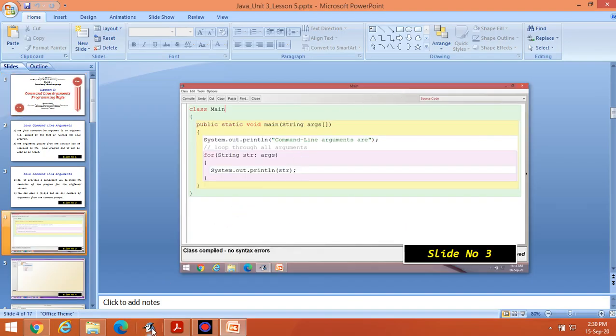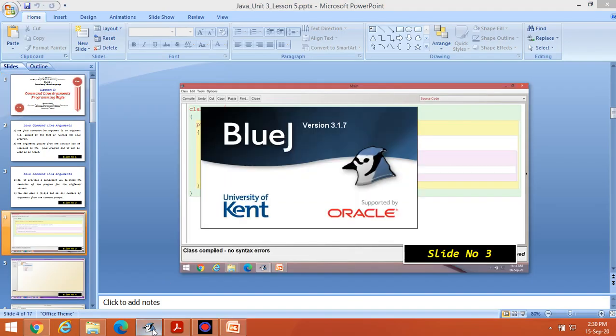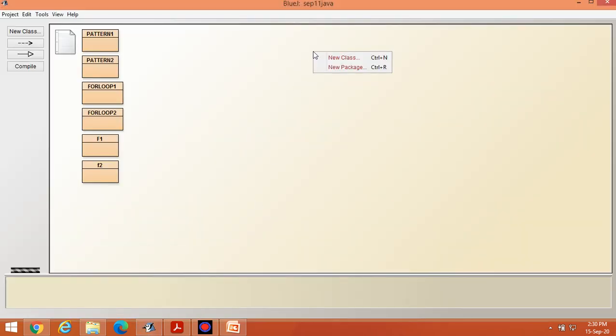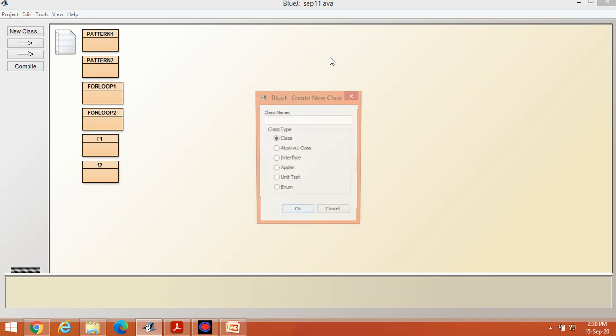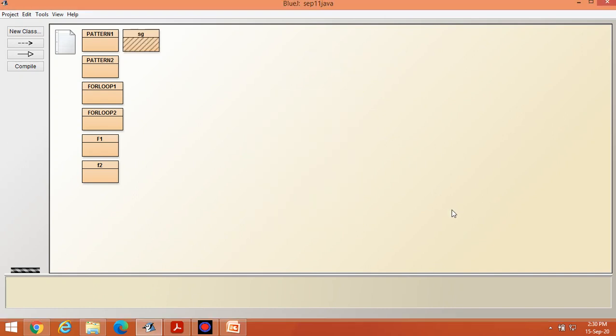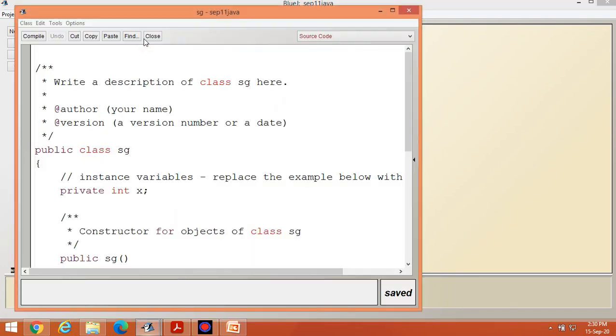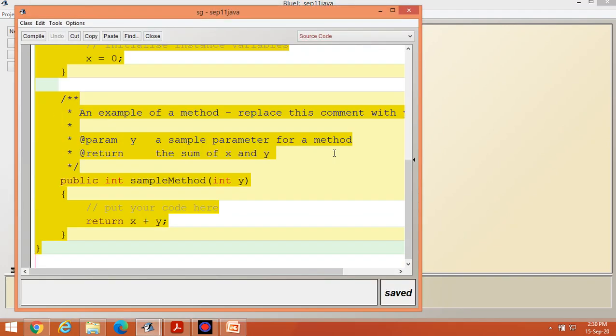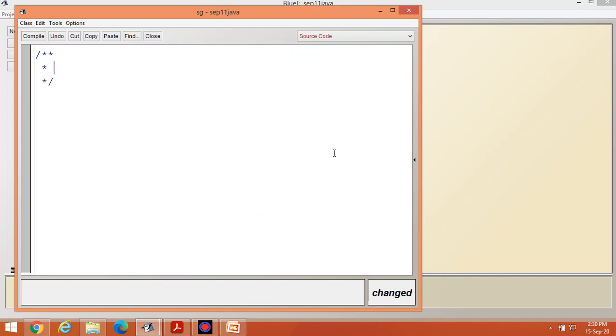Let us execute the program in the BlueJ platform so that we can understand the content. For that, design a class. You can write the title as command line arguments.